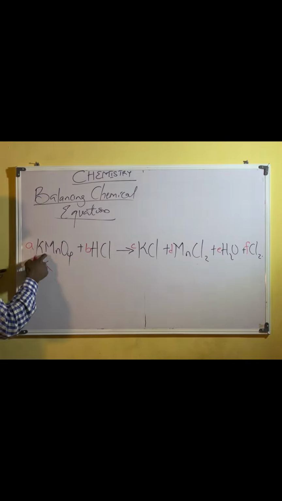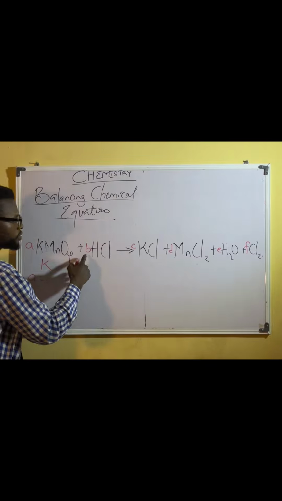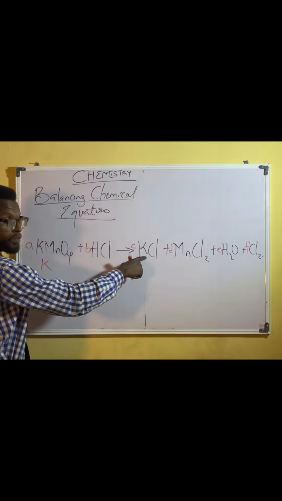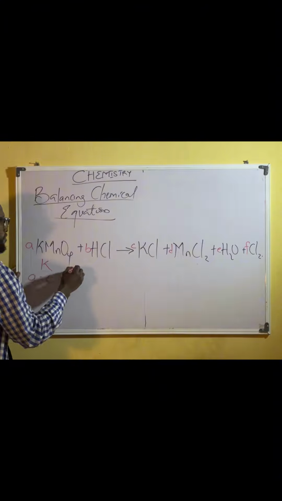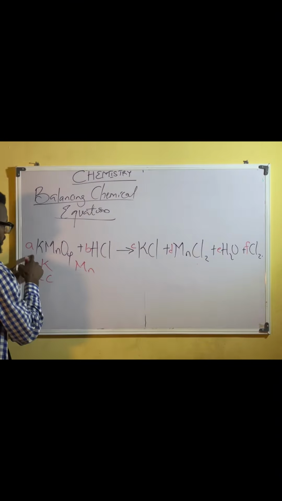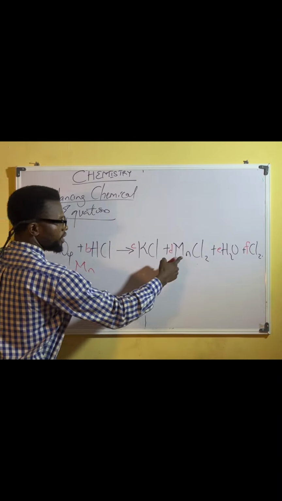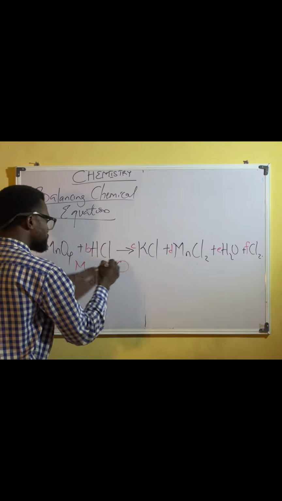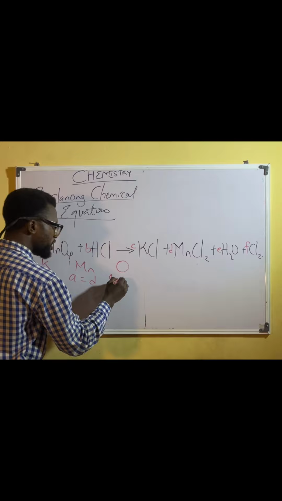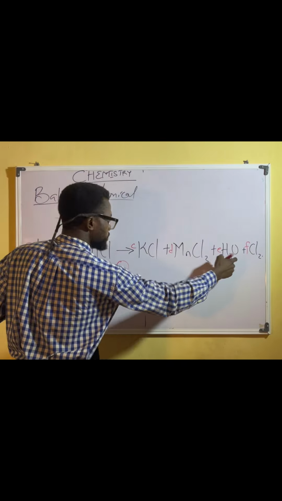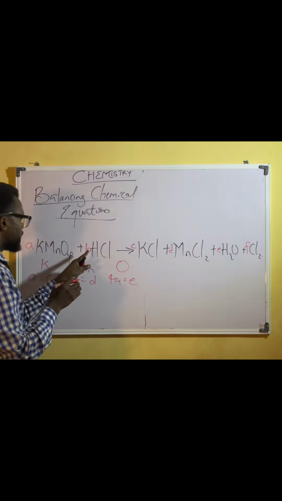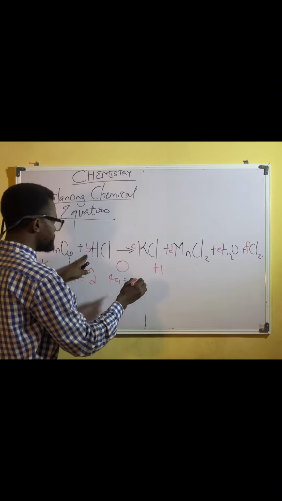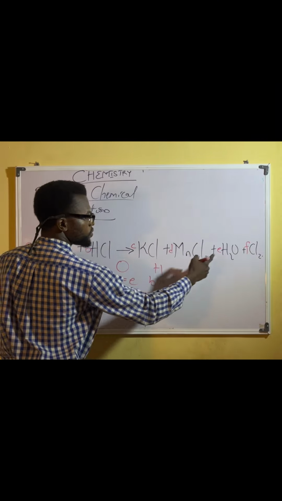Potassium, A times 1. That will give you A equal to, there is no potassium here, we have it here, A equal to C. For manganese, A times 1, that will give you A equal to what? Equal to D. And then for oxygen, A times 4, that will give you 4A equal to E. And then for hydrogen, B here equal to what? 2